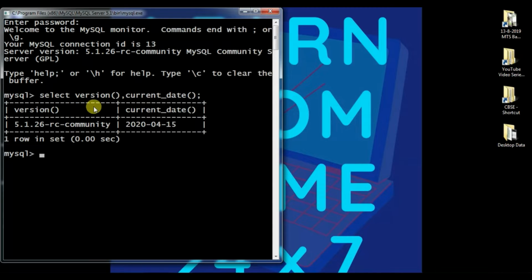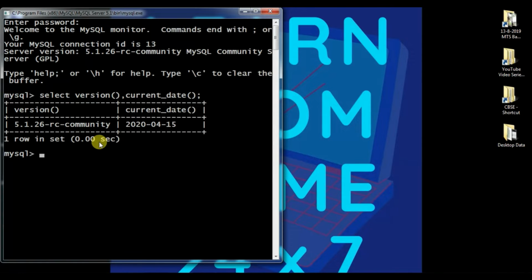The first row contains the label for the column, meaning whatever you had entered in the query. The rows following the label are the query result. This statement is going to print the result as the version and the current date of the particular query. MySQL shows how many rows were returned and how long the query took to execute, which gives you a rough idea of the server performance. I got the result in 0.00 seconds.